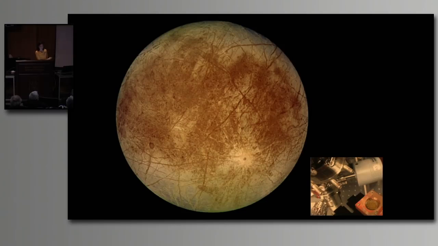And through these cracks, it seems that material from the frozen surface sinks to the liquid ocean underneath, and the other way around, material from the liquid ocean underneath rises to the surface. And the reason why we know this is happening, even though we haven't actually sent any robotic explorers there, is because we think that this brownish material that you see in the cracks is the salt that is coming from the liquid ocean underneath.